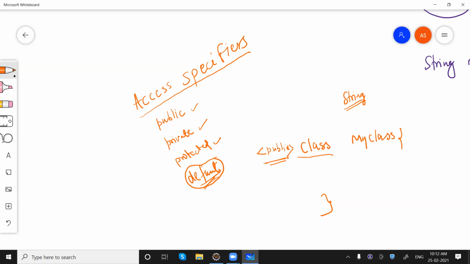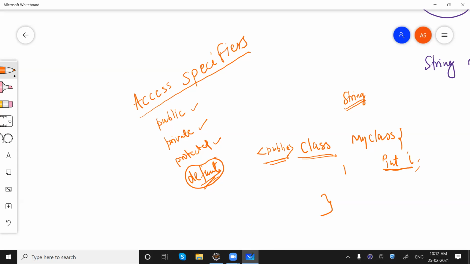So these are four access specifiers which we can use with a class declaration or a member of a class. Like we want to create some instance variable, let's say int i. Again, you can see I'm not specifying any access specifier for this variable, so it will be treated as default.